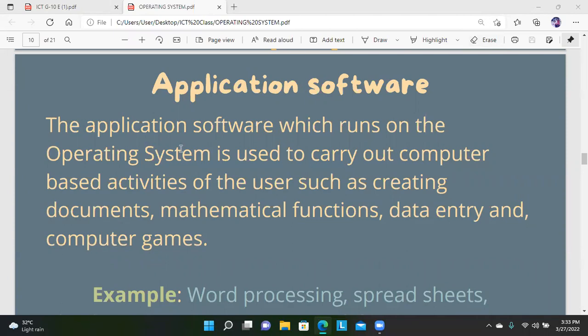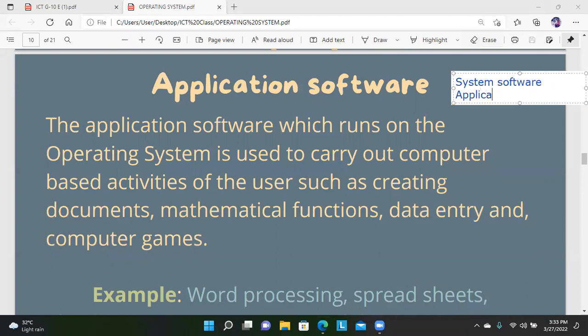Okay, so in the morning we studied the types of software. What are the two types actually? The two direct types of software are, first, system software, and next, application software. In system software we saw three types. We discussed three types in system software, and then in application software, I said that application software is something